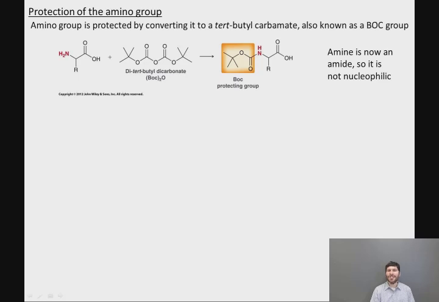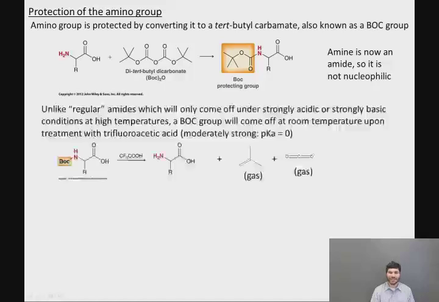So as you can see, the amine is now an amide, so it is not nucleophilic. So unlike regular amides, which will only be hydrolyzed under strongly acidic or strongly basic conditions at high temperatures, a Boc group can be cleaved at room temperature upon treatment with trifluoroacetic acid. Now, trifluoroacetic acid is not a super strong acid, it's what we call a moderately strong acid. It has a pKa of 0, which means it is 50%